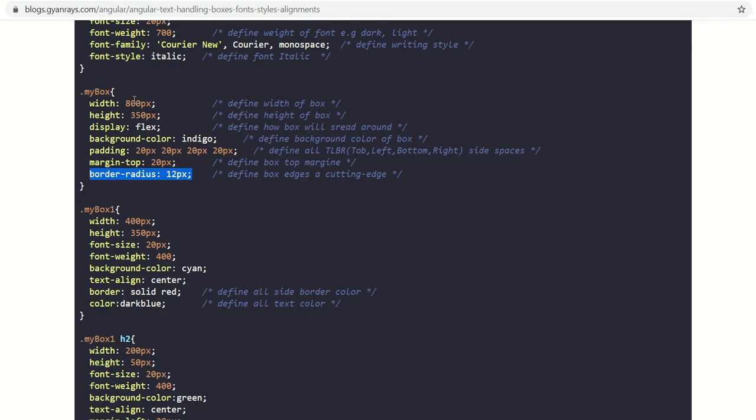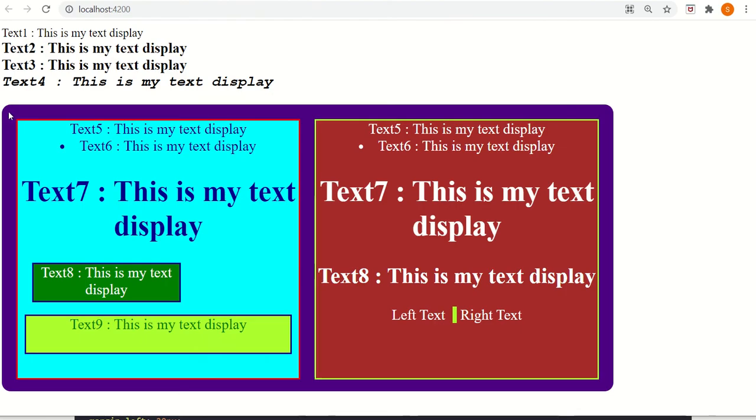Well, the most important and last one is display flex. So what does the display property do? Display is responsible for how the data under this box, your content, will be displayed. I have given the display property flex. That means flexible. So it will align the content one by one and fit it in the box. There are multiple properties. You can do it yourself, or else you can watch my further tutorials.